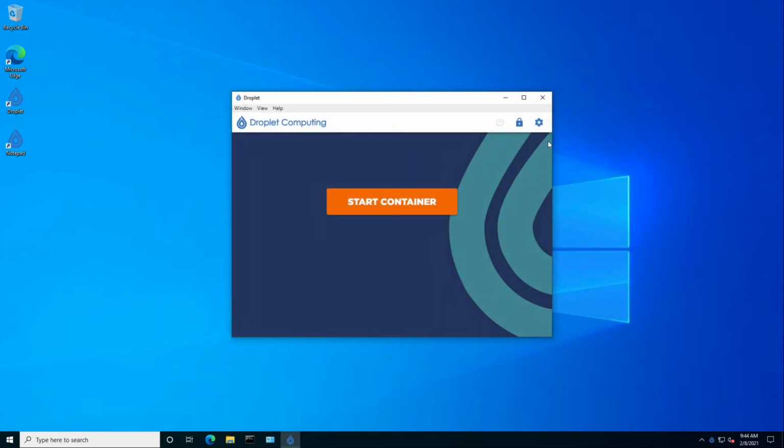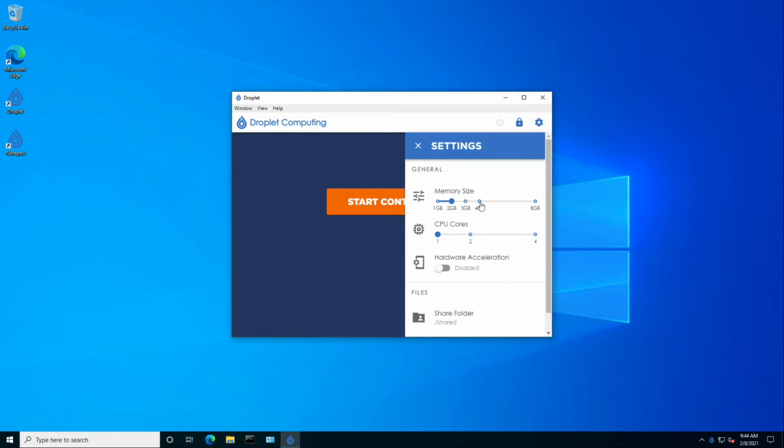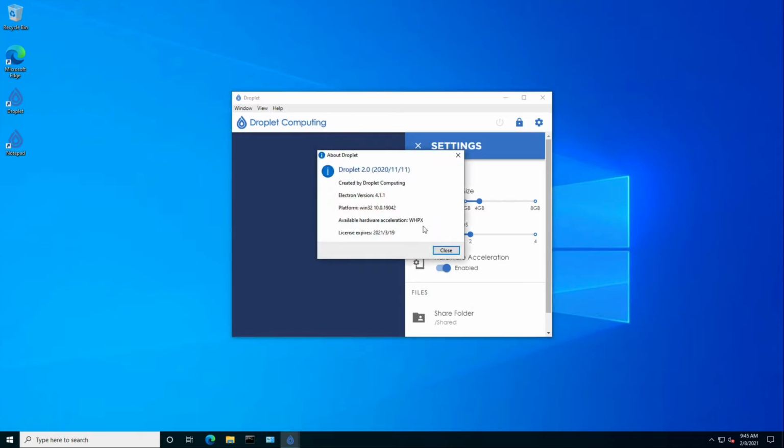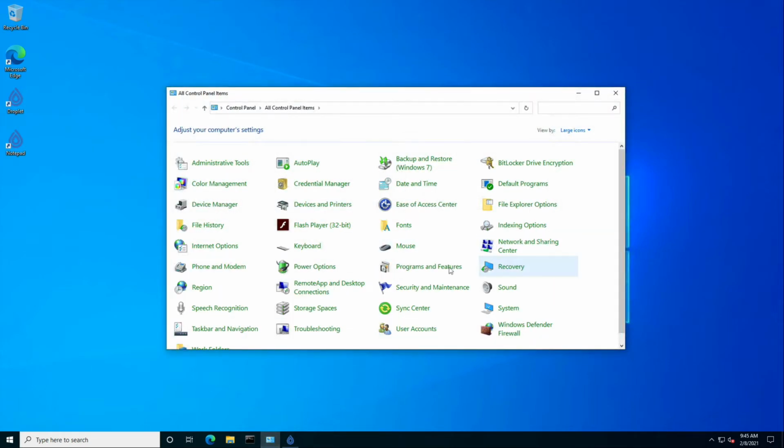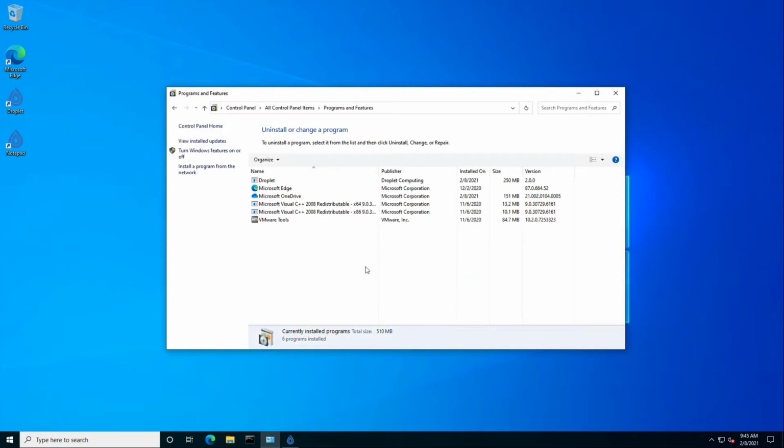So all I need to do now is allocate a certain amount of memory and CPU to the container and turn on hardware acceleration. So a word about that hardware acceleration. You'll notice in Help and About it says hardware acceleration is WHPX. How did that get there? Well, we're using built into Windows a hardware accelerator that Microsoft call WHPX, or the performance extensions, and the way